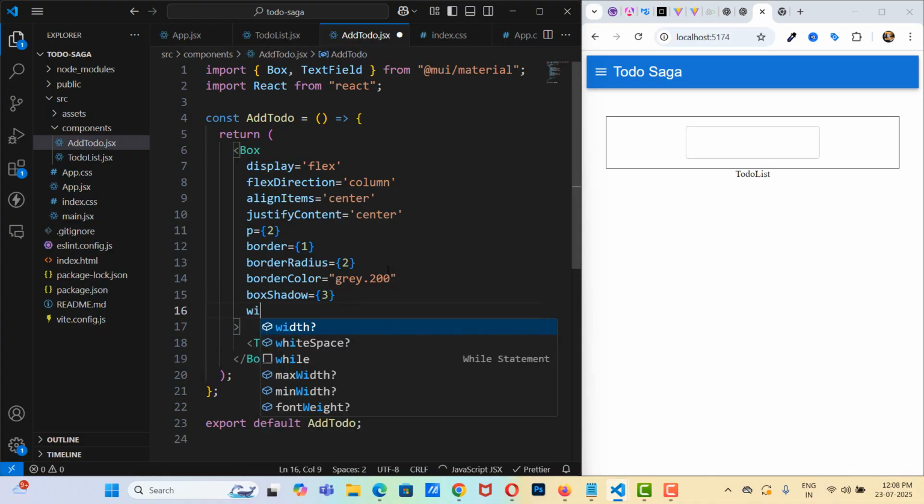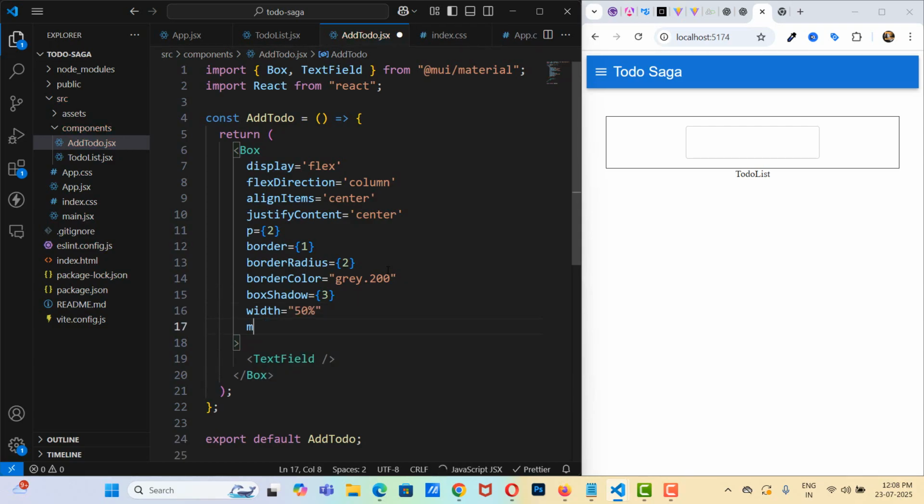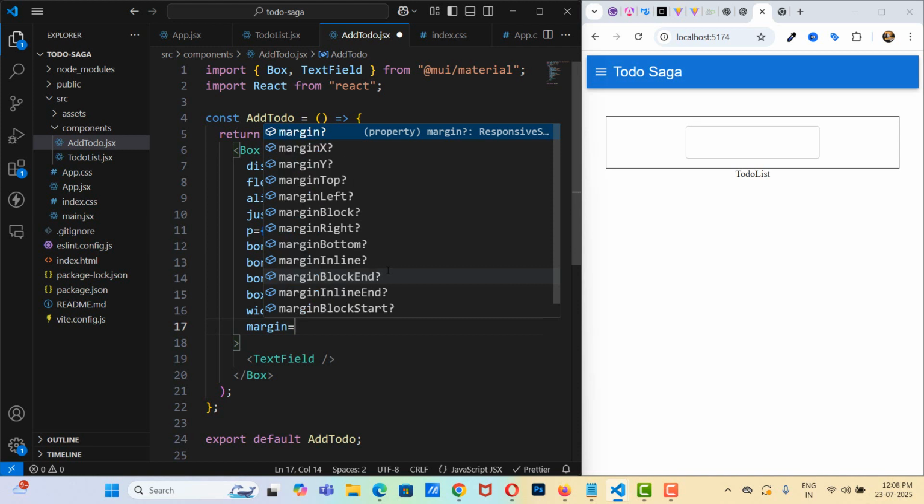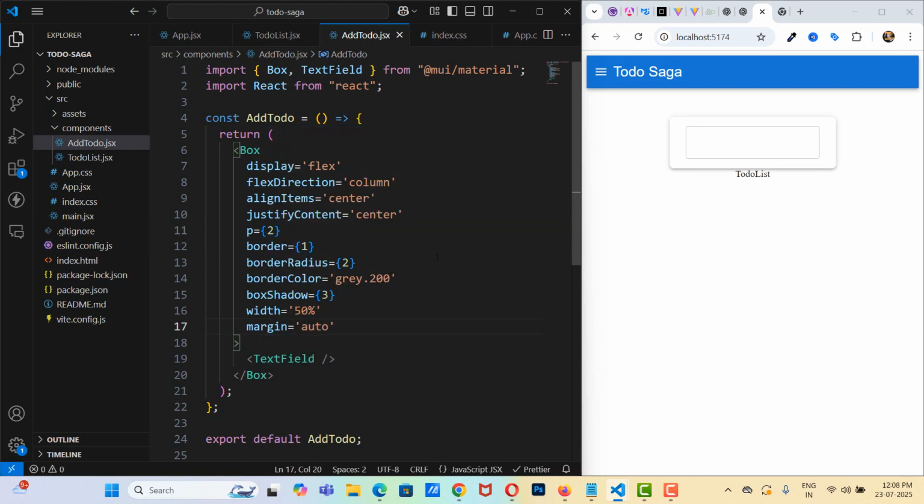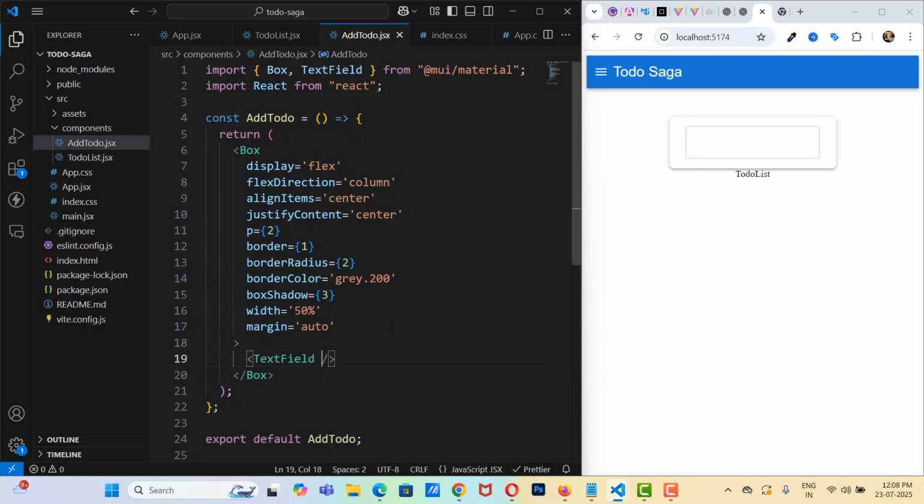Okay, width, that is going to be 50%. You can adjust as per your need, and margin, that is going to be auto. Okay, save this. Now we will remove this because here also we will add some CSS. Okay, so now